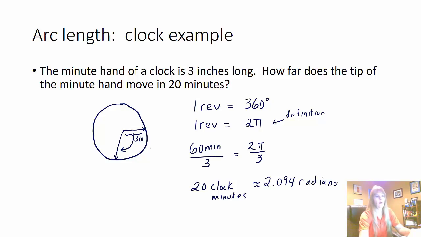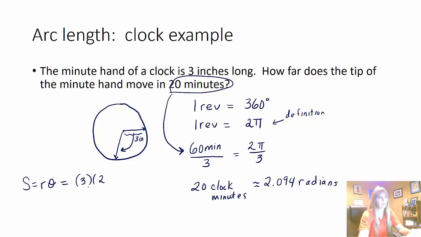All right, so what I wanted to do is match and get this in terms of 20 minutes, which I did. When you do something to one side, you have to do it to the other side. And now I have my angle in radians. I'm not finished because I'm just now to where I can use my formula. So my formula, my radius is 3, and that was in inches. And we just found the angle, 2.094 radians. And if you stick that in your calculator, you should get something like